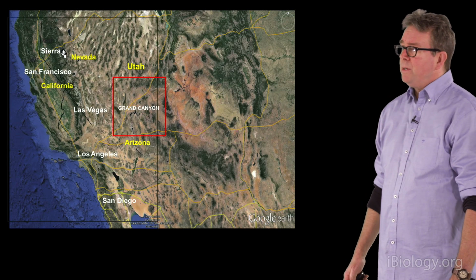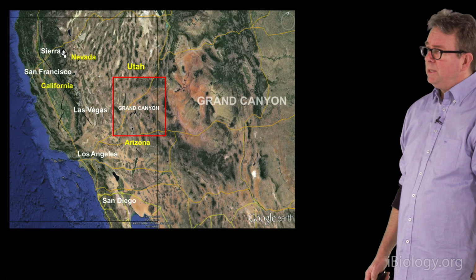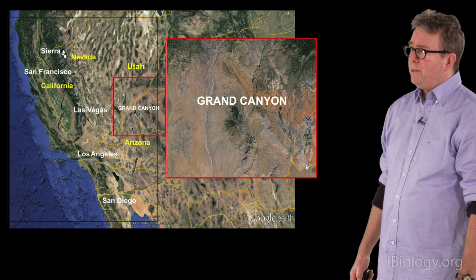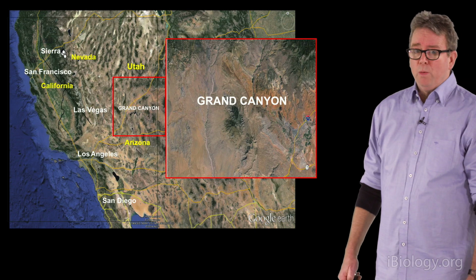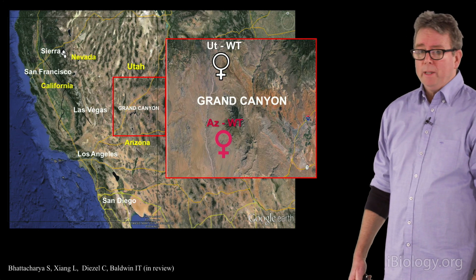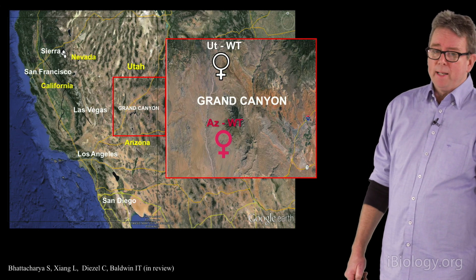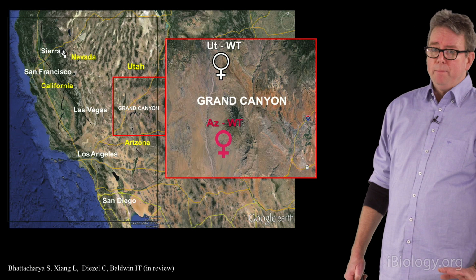And I'm going to start out with two plants that we have sequenced that occur on opposite sides of the Grand Canyon. One to the north of the Grand Canyon we call the Utah lady, and one to the south of the Grand Canyon that we call the Arizona lady. Both of their genomes have been released just recently. And we've basically asked these two ladies to tell us what they think about various men from both Utah and Arizona. And I'm going to only give you the data today on the mate preferences from the Utah men from these two particular ladies.